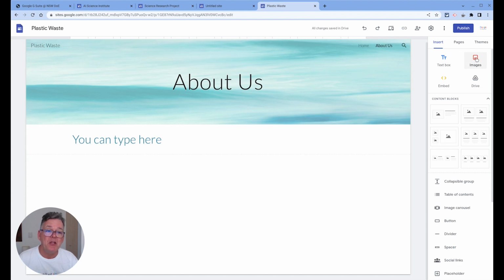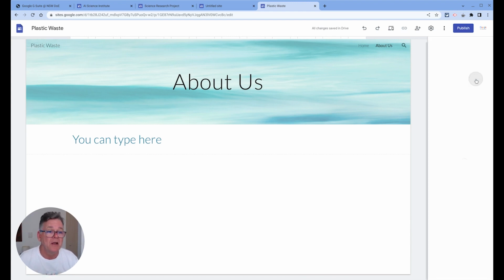If you'd like to add an image to your page, there's a button there. Embed is if you want to bring in content from another website and put it onto your own. That's a little bit trickier to do, but there's a button there if you want to check that out. And importantly, there's a Drive button on here. So anything in your Google Drive that you'd like to add to your site, and let's just have a look